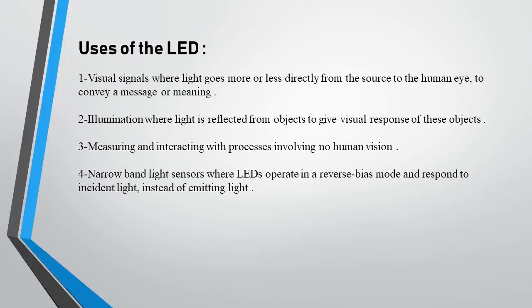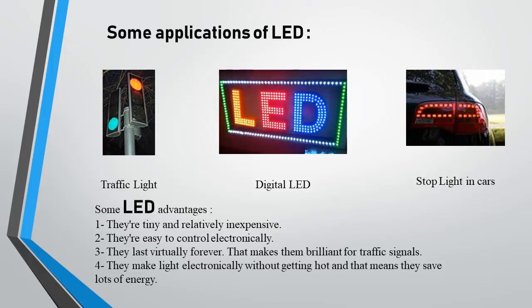Measuring and interacting with processes involving new human vision. Narrowband light sensors, where LEDs operate in a reverse bias mode and respond to incident light instead of emitting light. Some applications of LED: traffic light, digital LED,